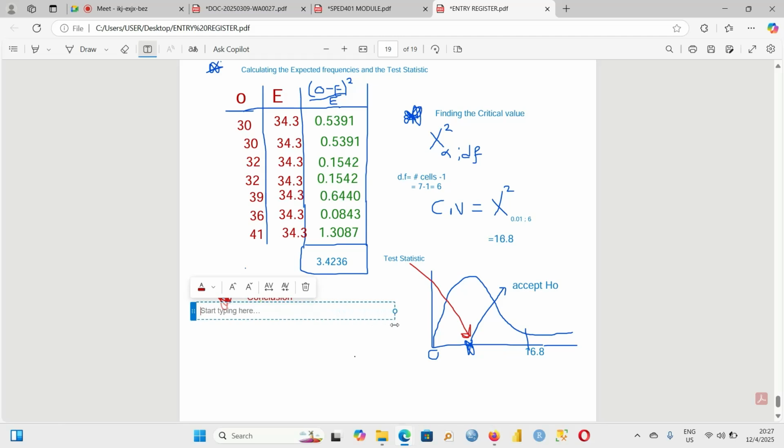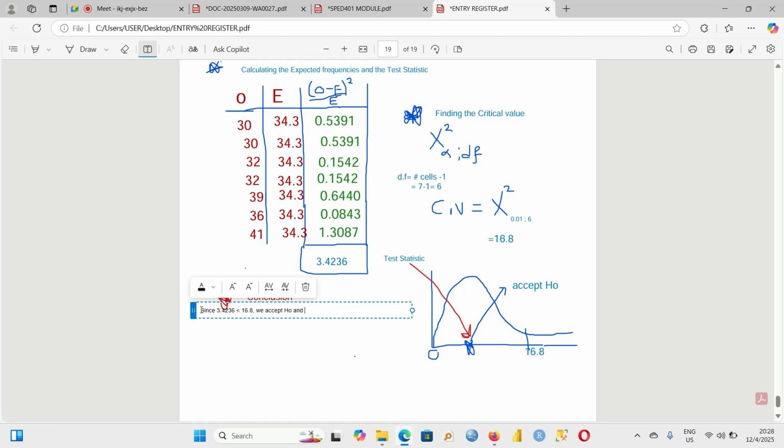So here we are now making the conclusion. On the conclusion, we are saying, since the test statistic, 3.4236, is less than the critical value, which is 16.8, we accept H0